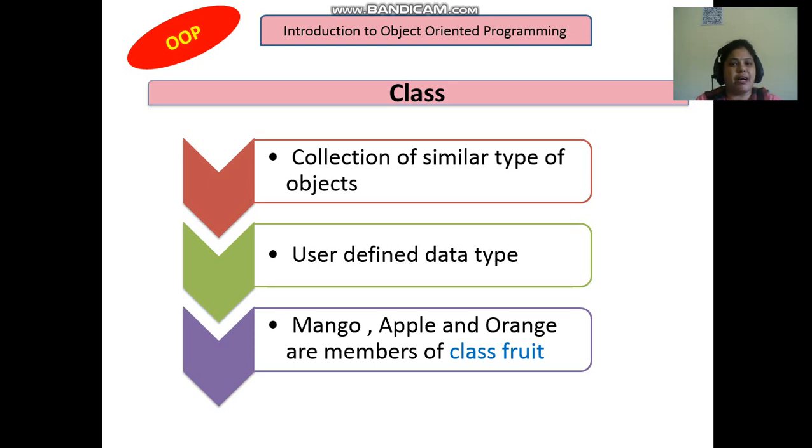Considering the example of class, come towards class fruit. Mango, apple and orange are the examples or can be termed as the objects of class fruit. Each fruit has a color as its data and each fruit has its own function. For example, mango has a yellow color, apple has a red color, orange has an orange color. So their colors are different, but they are all under the category of fruit. So mango, apple and orange become objects while fruit becomes a class. So class is hence termed to be a collection of similar type of objects.